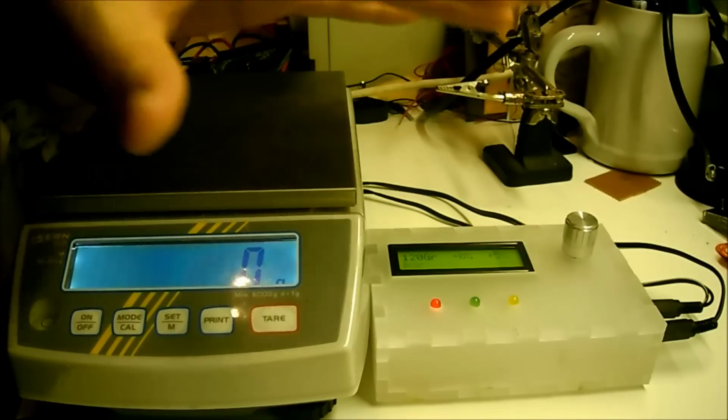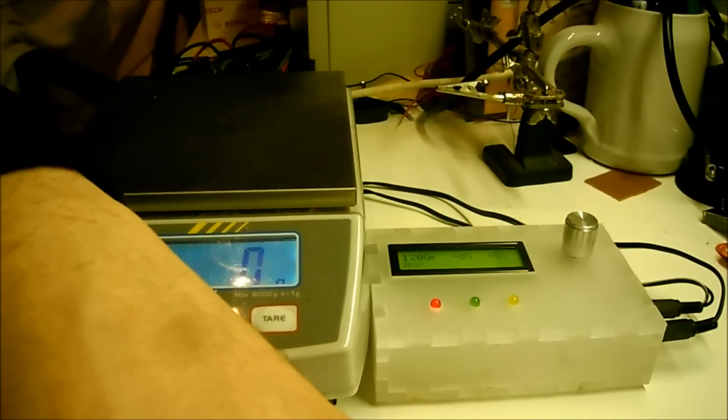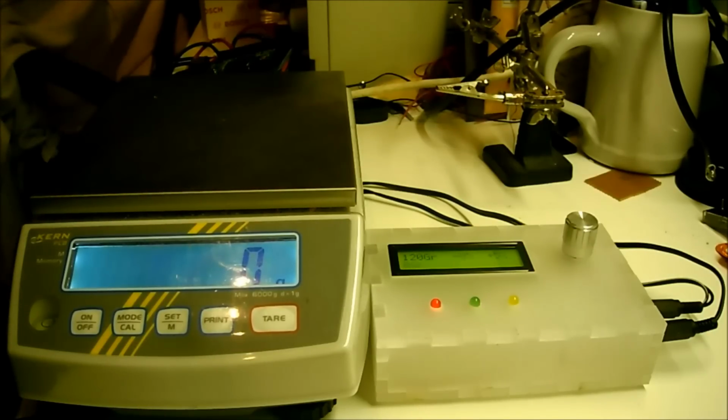I can understand if you find this Instructable, you're probably able to read and write yourself, so this project would make not much sense to you, but you can use it for any kinds of things. Once you can transfer the data to another device, you can build automatic filling machines or other